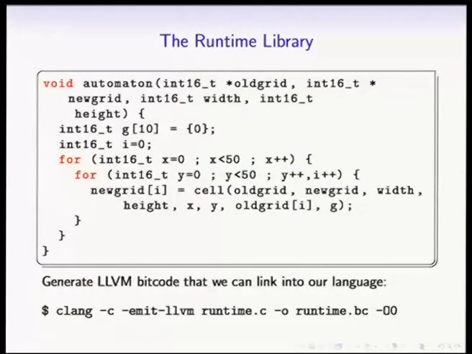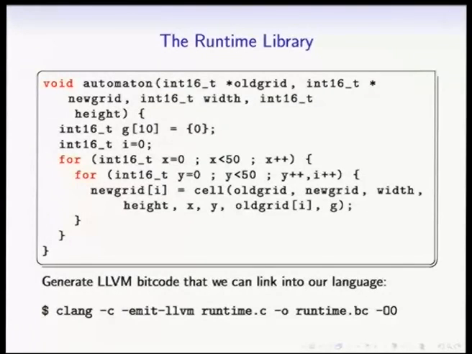So this function is just written in C and compiled with Clang to bitcode, and it has a forward definition of this cell function. So what will happen at the end of all of this is that we will emit an actual definition of this cell function, and then the LLVM optimizer will inline it here. So we don't need to write all of this boilerplate code. We don't need to generate LLVM IR for it. We can just copy and paste from the interpreter, and it works.